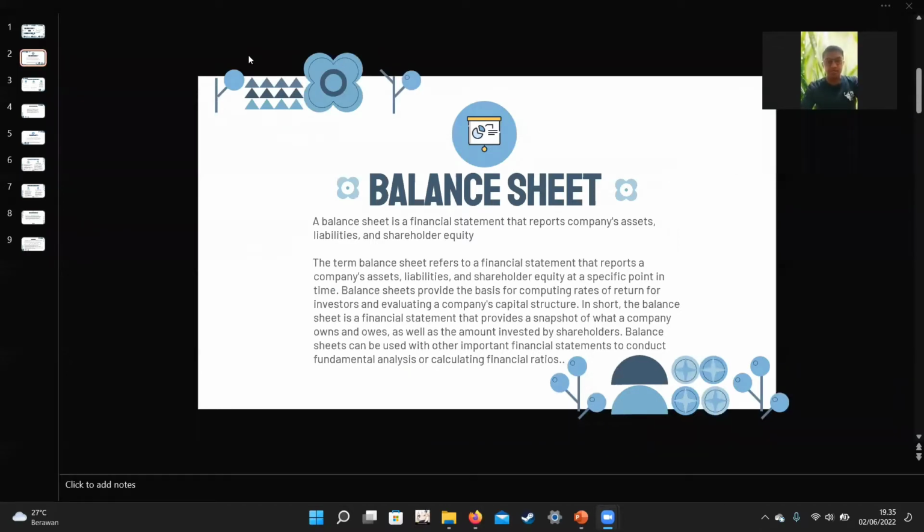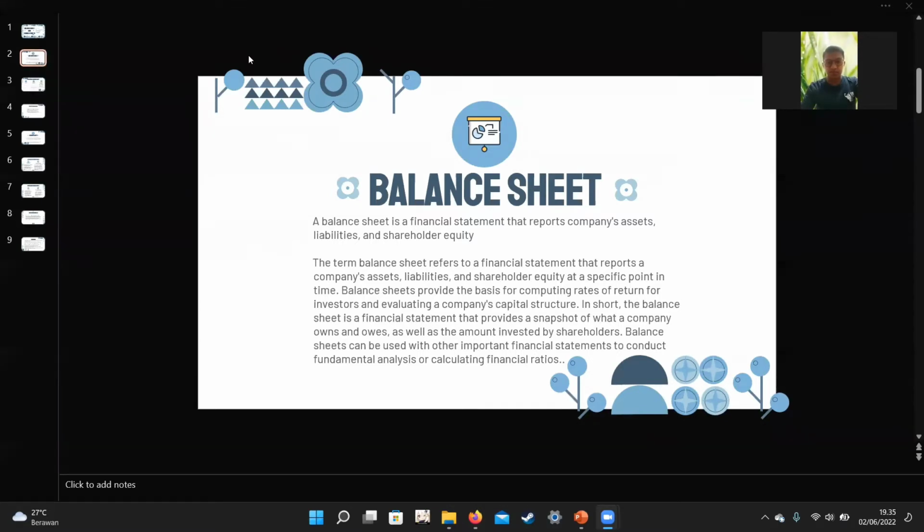Balance sheet is a financial statement that reports a company's assets, liabilities, and shareholder equity. The term balance sheet refers to a financial statement that reports a company's assets, liabilities, and shareholder equity at a specific point in time. Balance sheets provide the basis for computing rates of return for investors and evaluating a company's